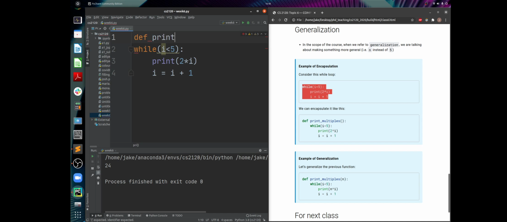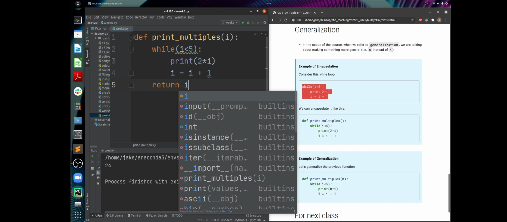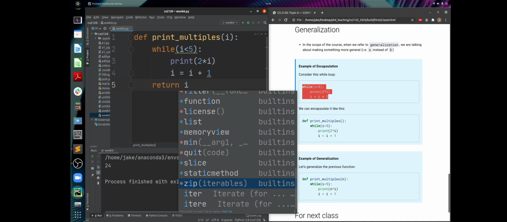We'll call it print multiples. And we can give it an argument for i, and we can return i. Okay, and what this will do,